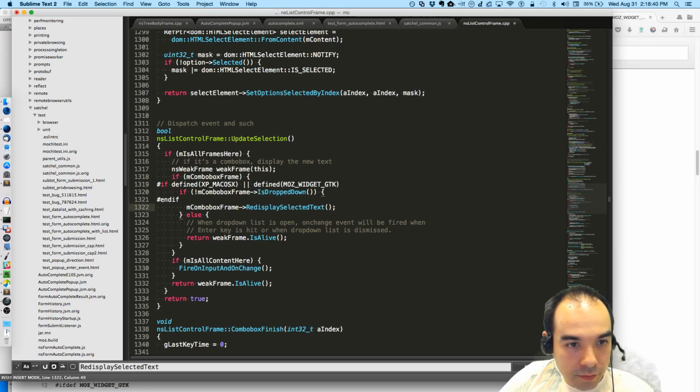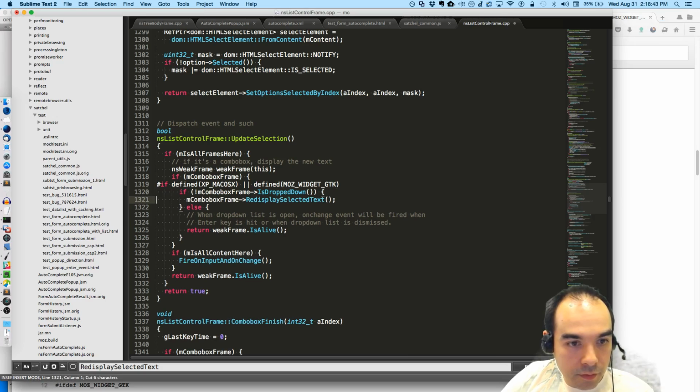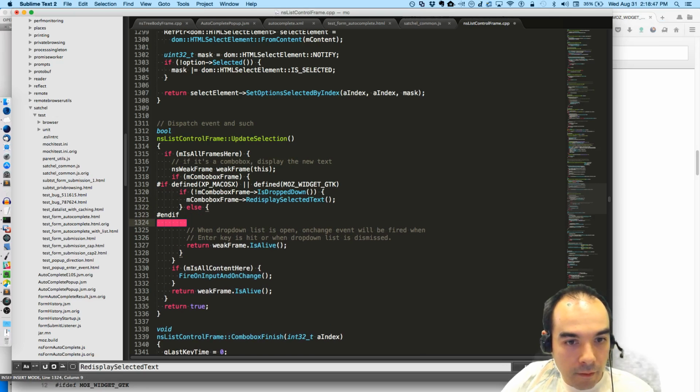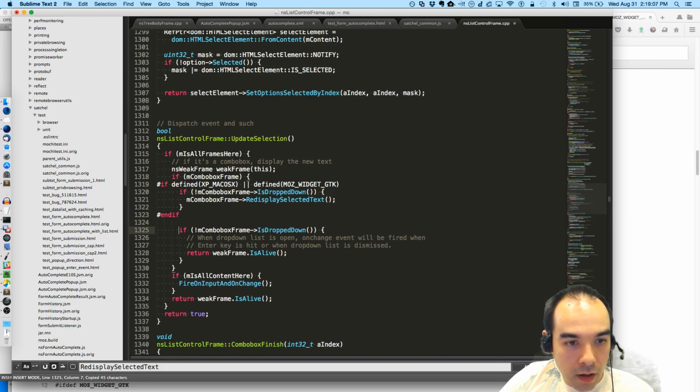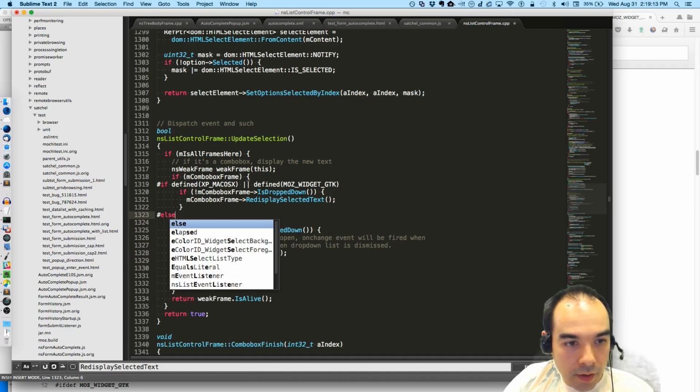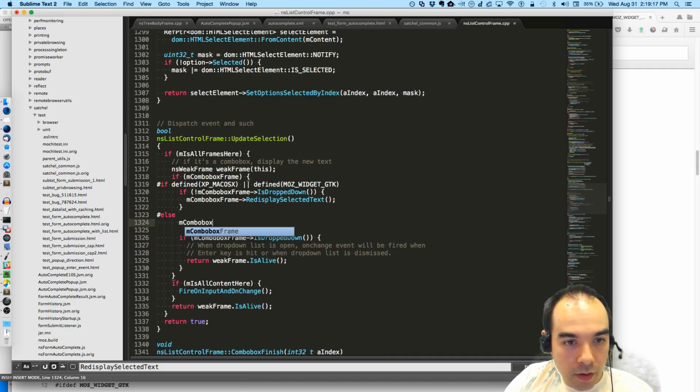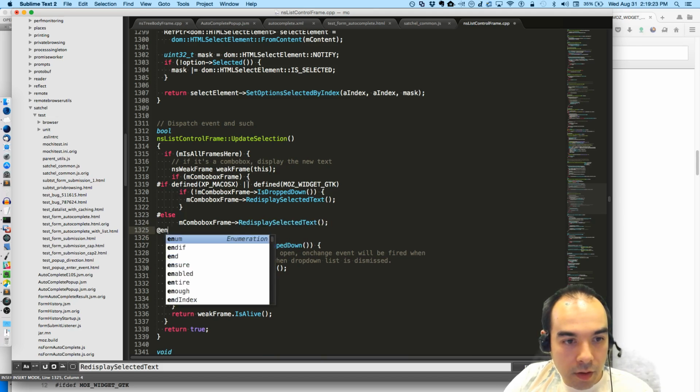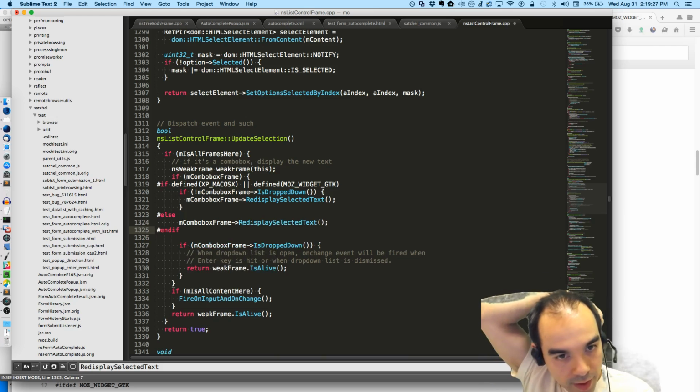Well, box drop down. Else. Redisplay selected. Something like that, maybe.